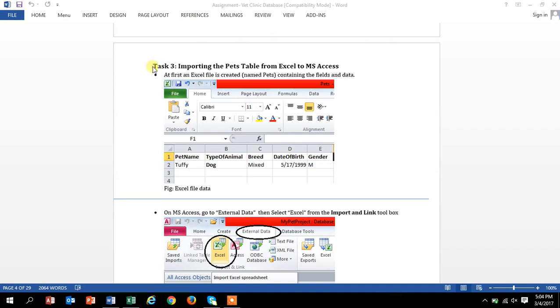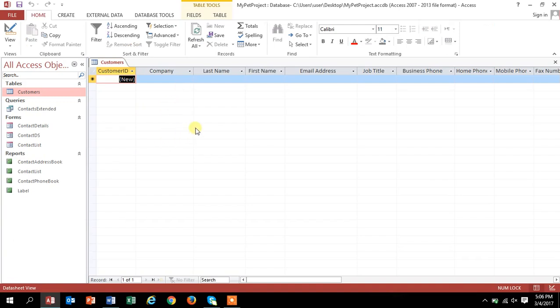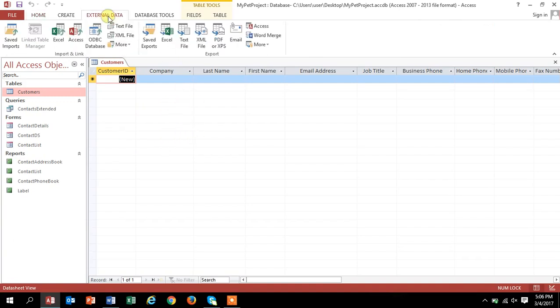Now in task 3, we have to import the pet table to Microsoft Access from Microsoft Excel. For that, we need to go to Microsoft Excel. As you can see, I have created a pet table on Microsoft Excel. This table will be imported to Microsoft Access and then collaborated with the saved table of Microsoft Access that I have done before. Now to import the Excel file, we need to go to external data, click on Excel, and then